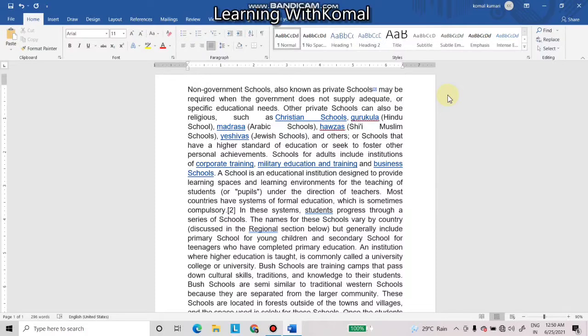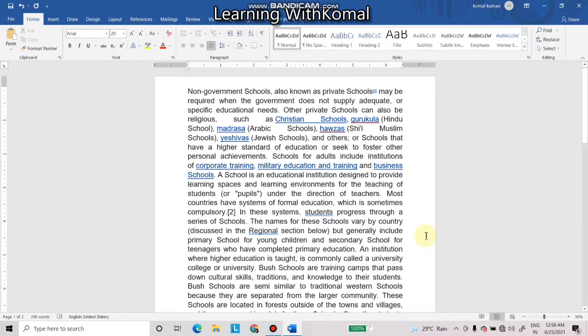What is indentation? Indentation means arranging the paragraph or sentences between the two margins according to our need, or you can say placing the text according to our need. There are four kinds of indentation: left indentation, right indentation, first line indentation and hanging indentation. So here first of all we will be concentrating on how to do it.